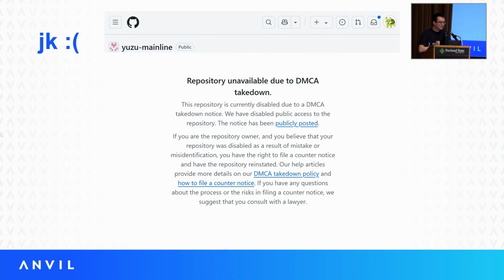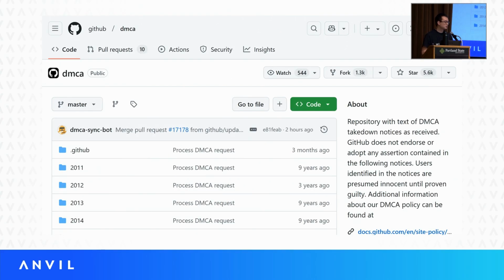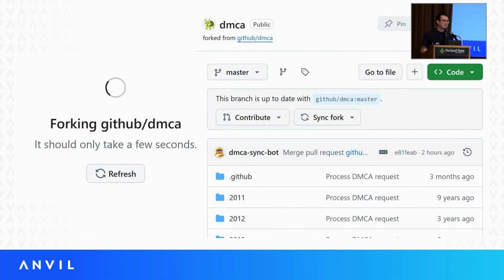Now, I don't know why I thought they would care, but I didn't actually show you the DMCA takedown notices, just some of the emails, and I don't have to, because in the interest of transparency, GitHub publishes all the DMCA notices and counter notices that they receive, and they put it all up in a central place for the public to see. You might call it a repository. It has a fork button. Maybe you see where this is going,